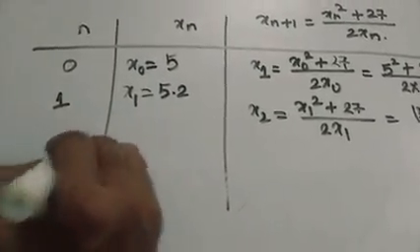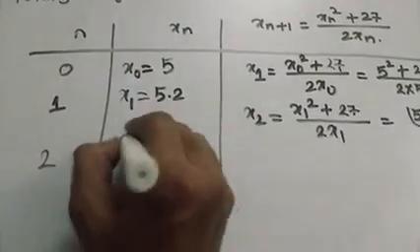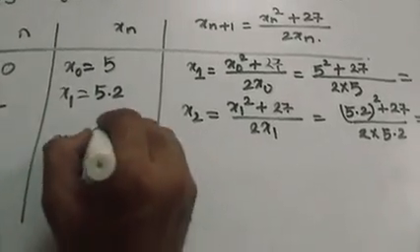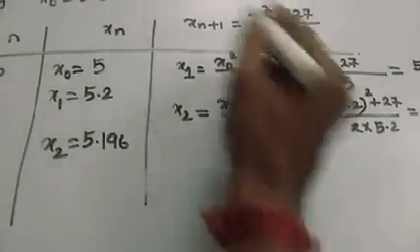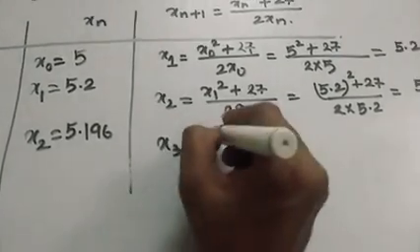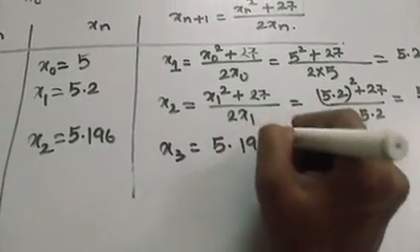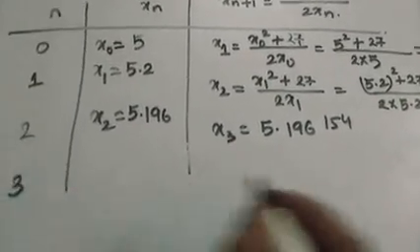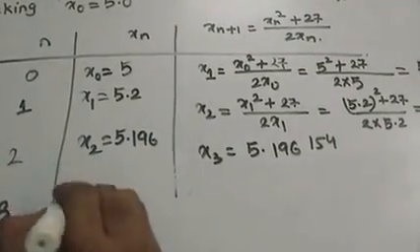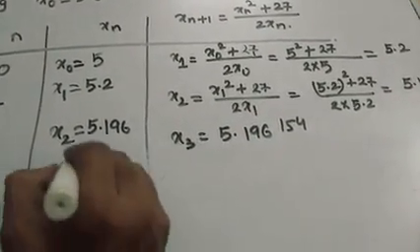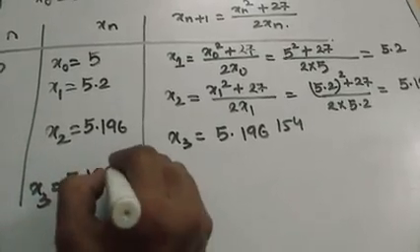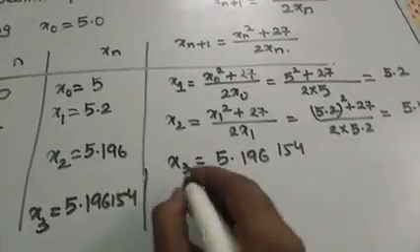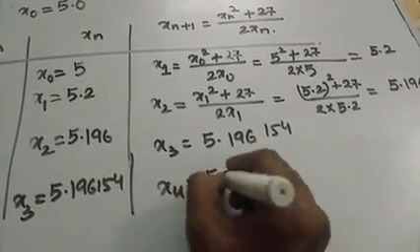Then step number 2, this will be putting n equals 2. What is x2 we got? 5.196. After putting the value we will get x3 here. I'm just writing directly 5.196154. Then again n equals 3, that means x3. What was the x3 value? 5.196154. That means 3 plus 1, 4. x4, after putting the value we will get here